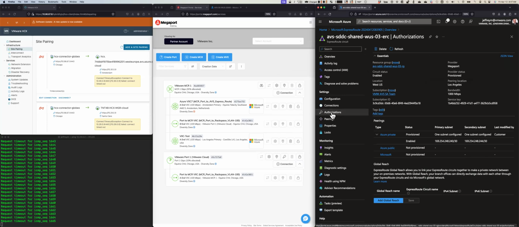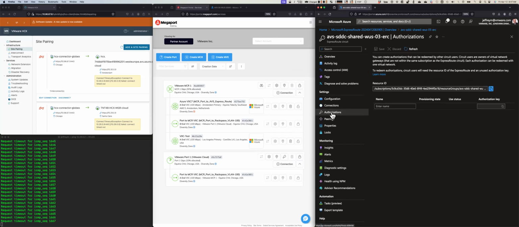So the first thing that we do is we go into authorizations on the ExpressRoute circuit side. Again, I'll follow a naming convention that we have here in the lab. So I'll just copy that in here, and we'll create a key on the ExpressRoute circuit side, and then we'll choose save. Once we save it, it'll take a couple minutes here, but then it will create an authorization